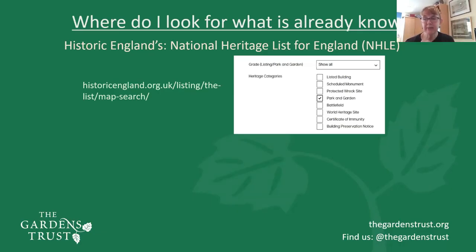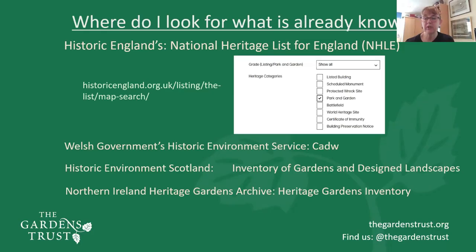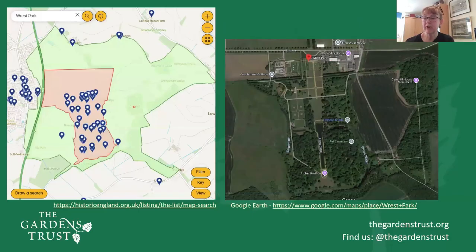The majority of the landscapes that are being researched as part of the Green Futures project are not on the Register of Parks and Gardens. But you can still use this search list to look for listed buildings and scheduled monuments on your site. If you're searching outside of England, you can look at these websites to help you discover what is already known about your landscape. So just a quick demonstration, I used the Search the Map facility to look at Rest Park